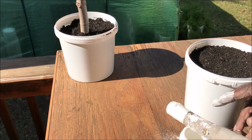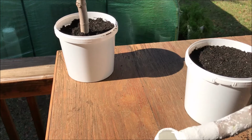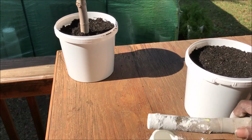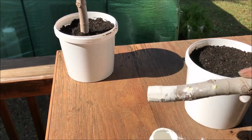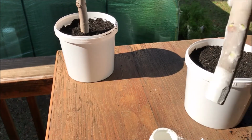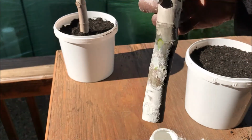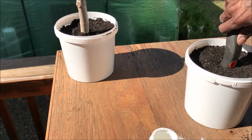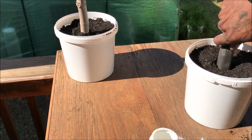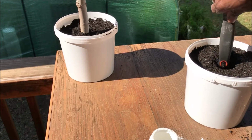It's not necessary, YouTube. Our very first cutting that we rooted here at the Green Thumb Garden channel, we weren't even using rooting hormone at that time, and it worked out tremendously well for us. Again, remove that excess rooting hormone from our cutting, YouTube. Do the same thing. Take our handy Scuttles garden shovel and attempt to make a hole in the center of our pot here, YouTube. Large enough for our cutting to fit down in,